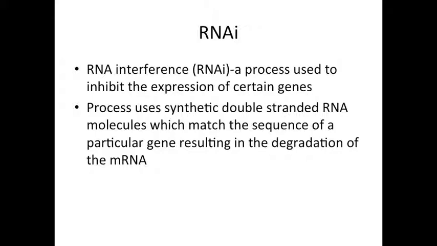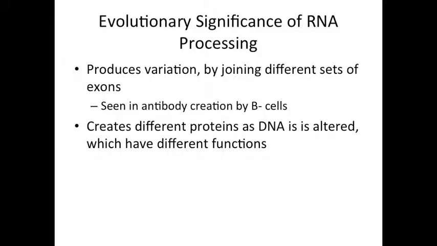A key RNA used during transcription is RNA interference, or RNAi. RNAi is a process used to inhibit the expression of certain genes. This process uses synthetic double-stranded RNA molecules which match the sequence of a particular gene, resulting in the degradation of the mRNA. RNA processing is done only in eukaryotes, and the evolutionary significance of that is that it produces variation